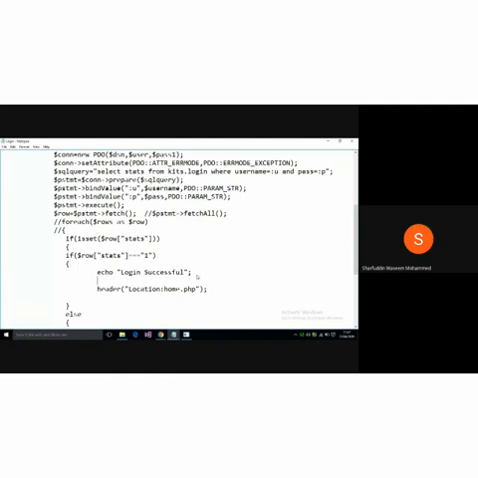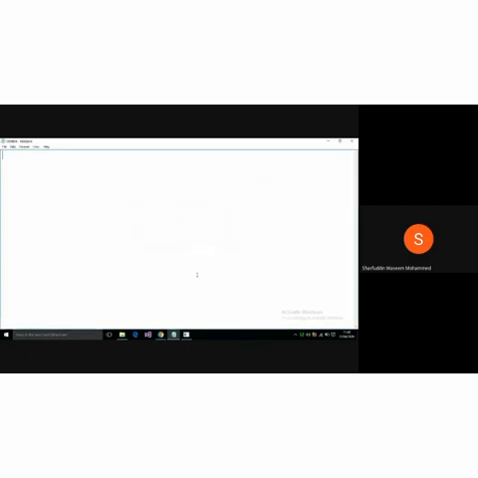So how to set a cookie in PHP? I will let you know how to set this. PHP provides a method called setcookie. Take your notes and write down setcookie. It takes different parameters. What are those parameters? The first one is name, the next one is value. This value can be anything, an integer or a string or anything. And the next one is expire.